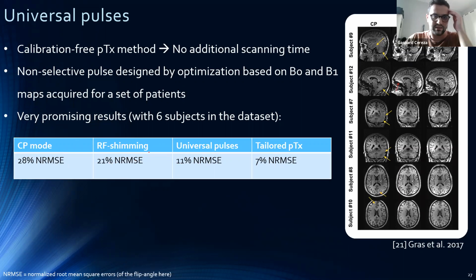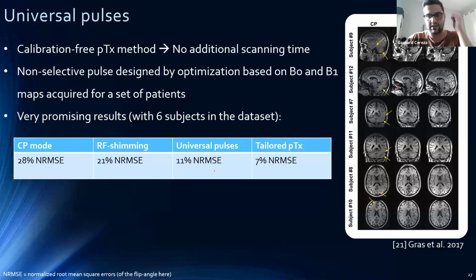And RF-shimming is patient-specific. So with a method that is not patient-specific, because it's just based on a data set of patients, we can have better results than a patient-specific method. And it's not surprising that we don't have the same efficiency as tailored PTX, because tailored PTX would be the best that we can have, because it's what is used on the 6 patients of the dataset to compute